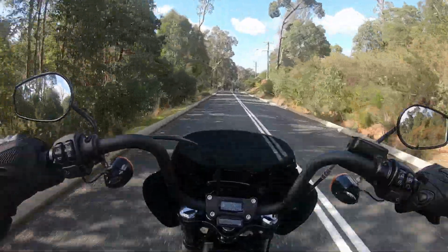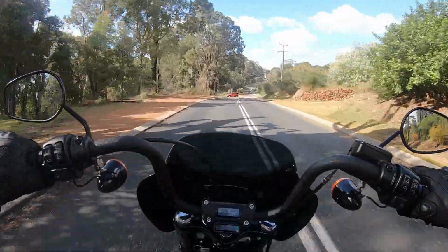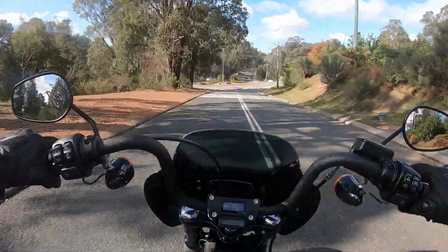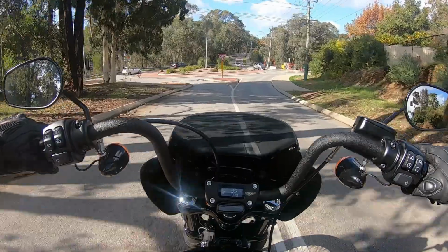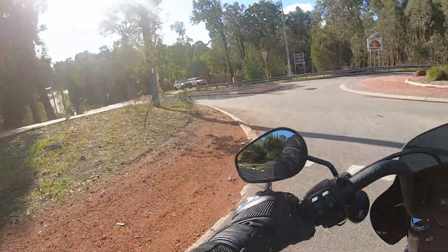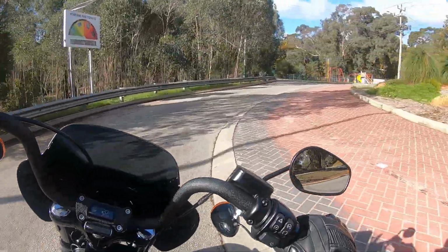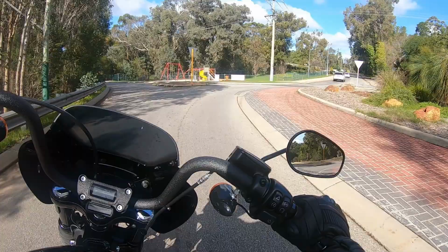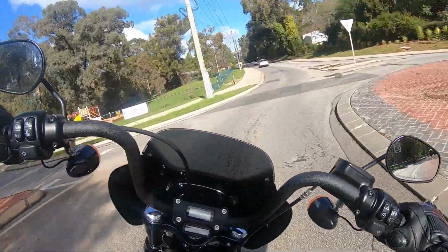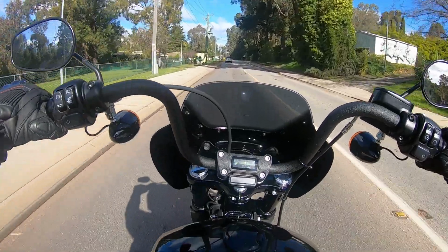Love this bike. Alright, coming up to this roundabout, right? So it's all downhill to the left, so you've got to ride the throttle anyway. But it's one of those things where you've got to ride the clutch. If you hear that, can you hear that? You've got to be just riding the clutch on that edge. So past that,